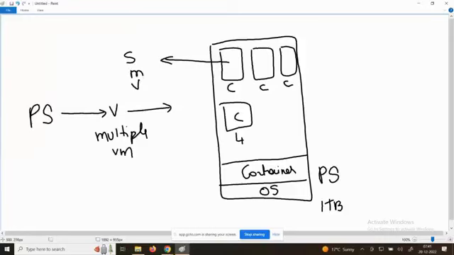Skype, Mozilla, VPN, firewall is equal to on, and this container will not have any full-fledged operating system. To run Skype, Mozilla, VPN, it only needs the operating system dependency files it requires. Only those things it has. It doesn't have a full operating system. Very lightweight. You check it out. This container will be maybe 300 or 400 MB.